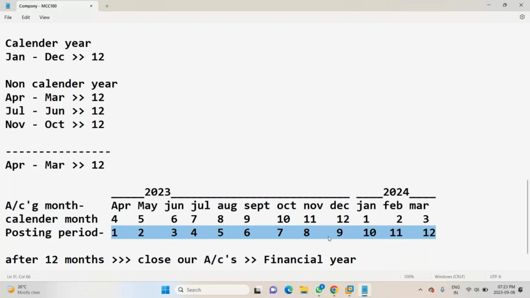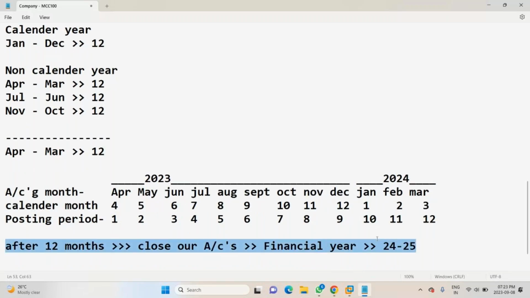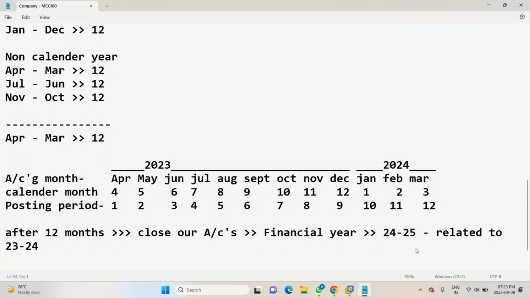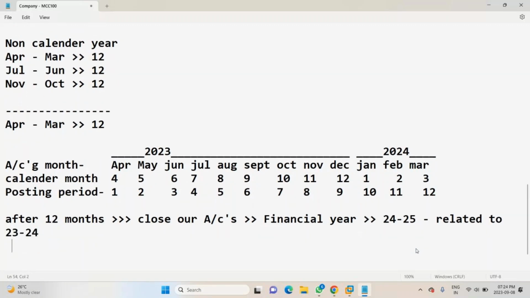So the transaction is completely related to 23-24, but I will be doing it in the year 24-25. What I'm doing in the year 24-25 is related to which financial year? 23 to 24. Then what I have to do? I will add one more thing, which is called the special posting period. Special posting period,